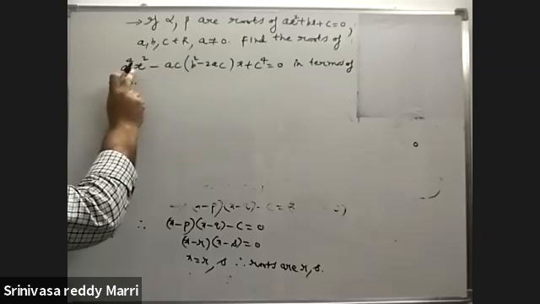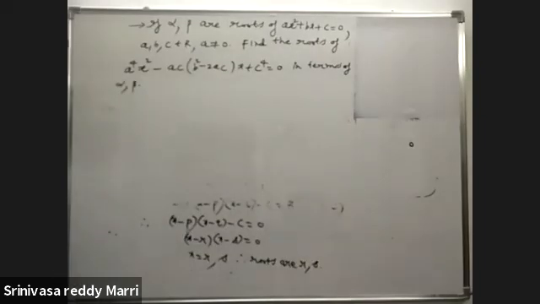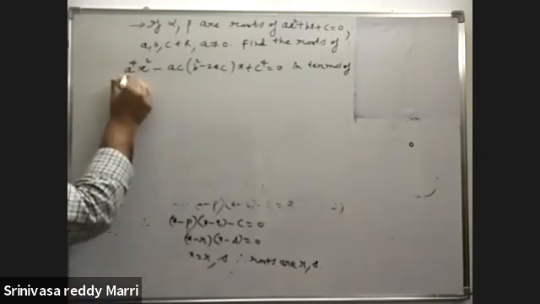One approach will be directly solving. Directly solving means x equals minus b plus or minus root of b square minus 4ac divided by 2a. But this is a longer expression. If you solve like that, it will be laborious finding the roots directly. So as that is laborious,